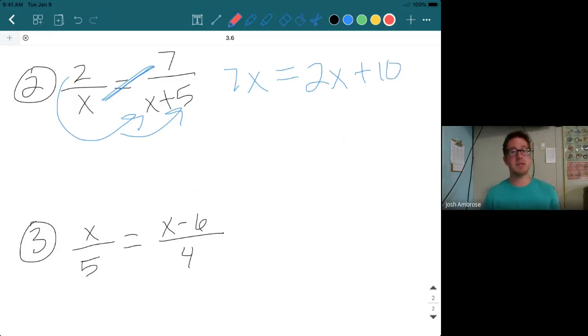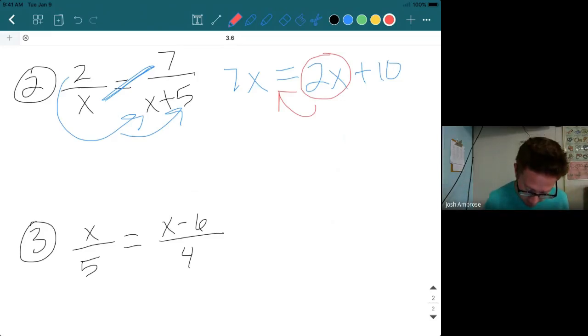Now here comes a connection to prior sections in this chapter, where I'm going to take the 2x, I'm going to bring it over because we want to get all the variables on the same side. And don't forget what that does. That means we change the sign, and that 2x becomes a negative 2x